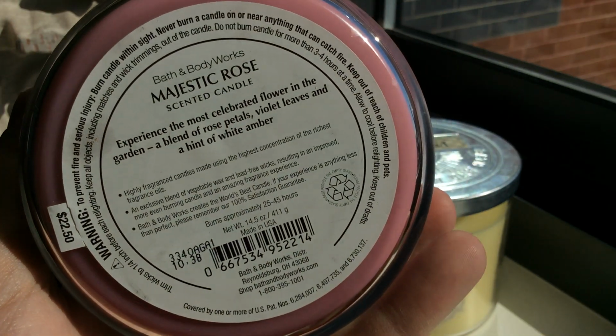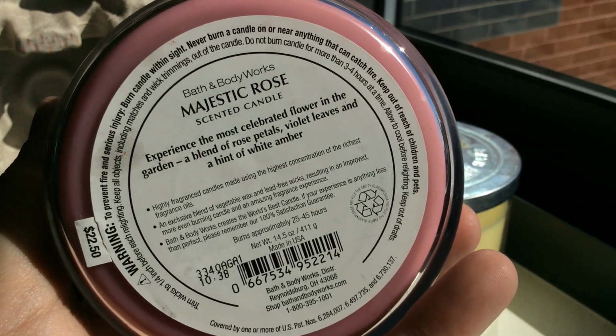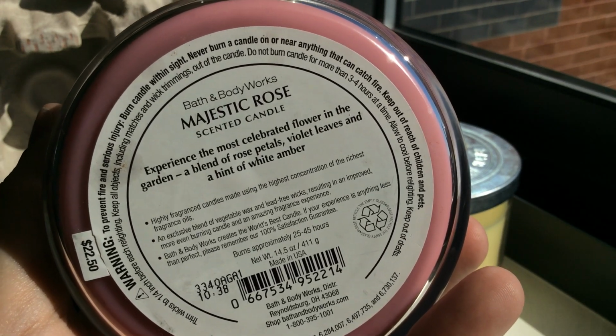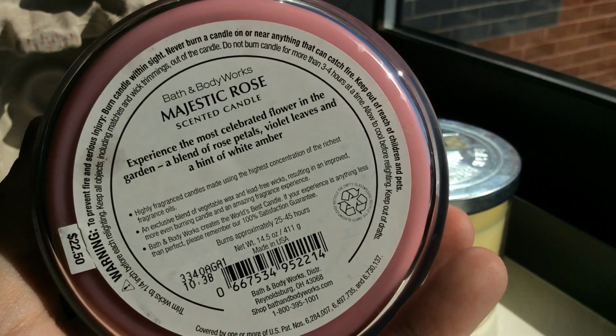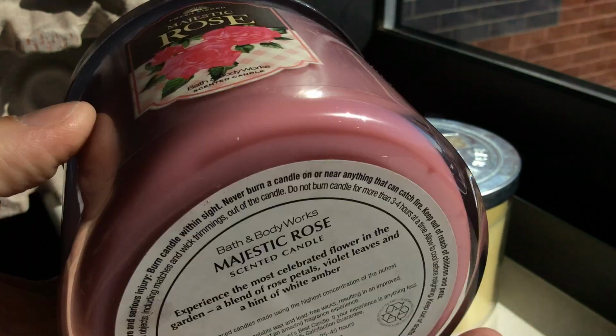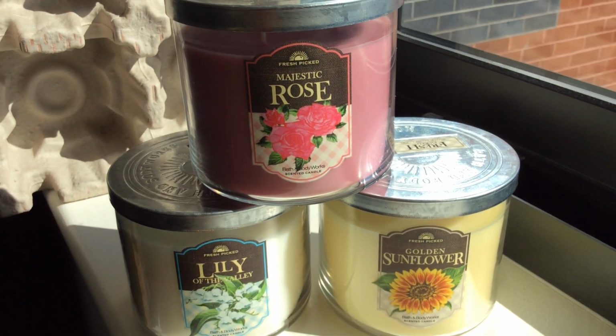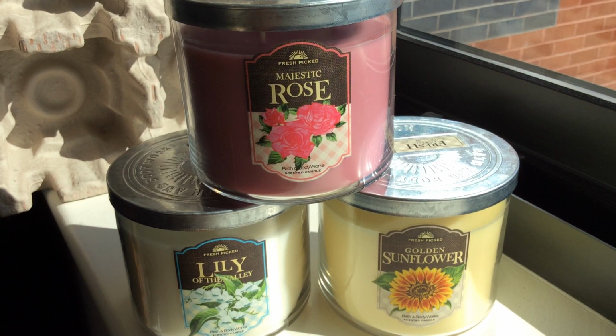And the notes on this one are, experience the most celebrated flower in the garden, a blend of rose petals, violet leaves, and a hint of white amber. So white amber, not surprising to find in a floral, but this definitely makes it sound more like a perfumey floral. And rose scents, I mean, Bath & Body Works really hasn't had any rose scents. Even in their florals, it's not super common to find rose in there. In the fragrance world in general, rose is very common and popular and tends to be a love it or hate it because it can be extremely cloying, extremely overwhelming, or just be powdery